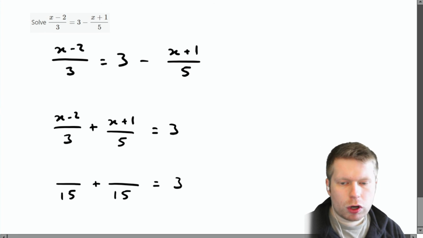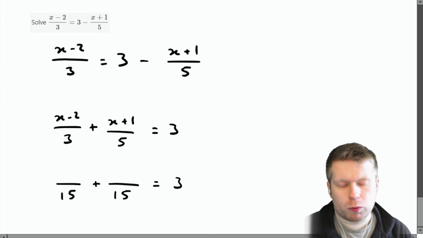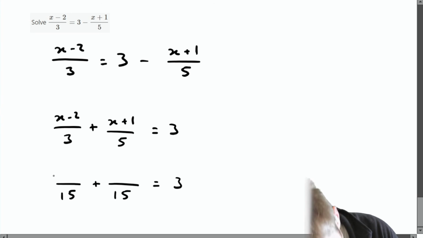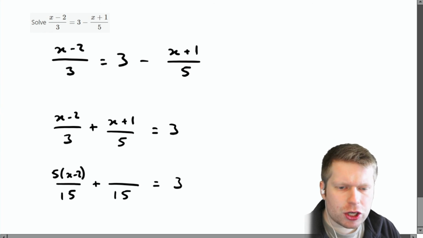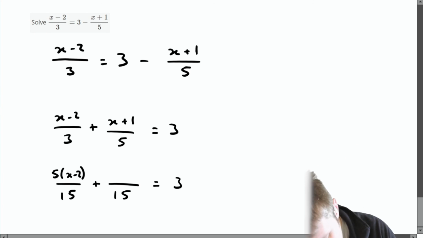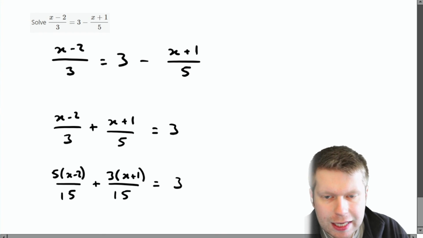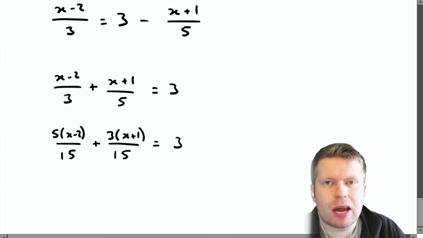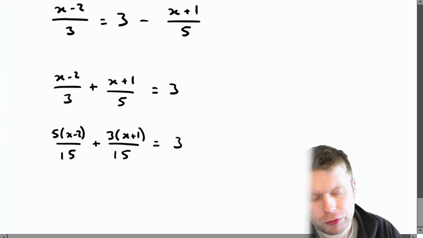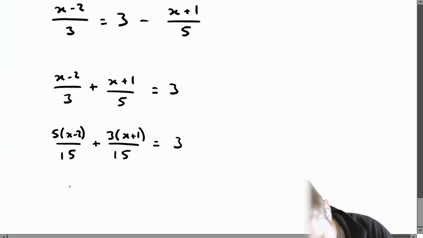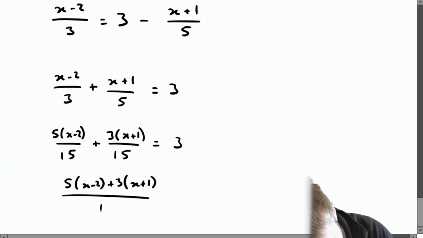All right, so what have I done to the numerator of the first fraction? Well, I've multiplied it by 5. So I've got 5 lots of (x minus 2) as the numerator. Second fraction, well, I've just multiplied by 3 there. So I'm going to write 3 lots of (x plus 1). Okay, now what I really want to do is get rid of the fractions if at all possible. So first of all, I'm going to write it as one big fraction. So I've got 5 lots of (x minus 2) plus 3 lots of (x plus 1) all over 15